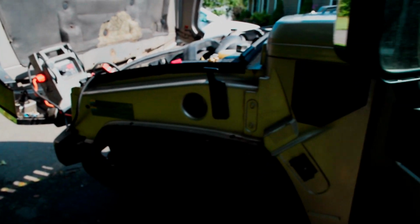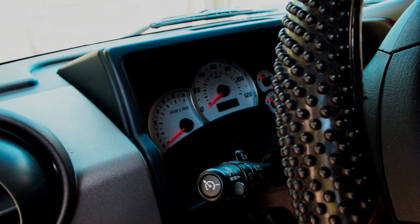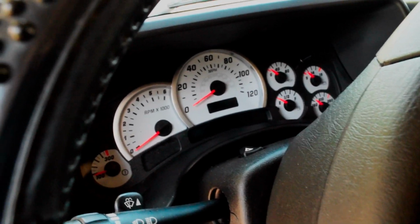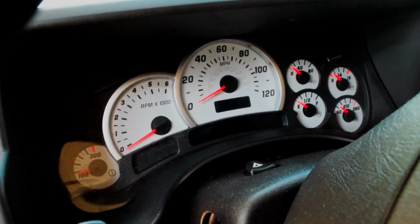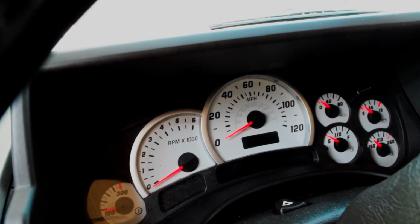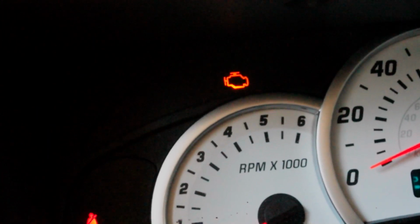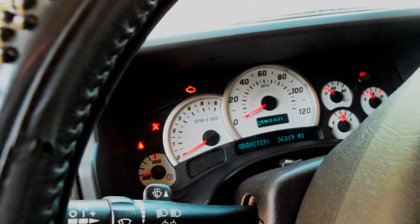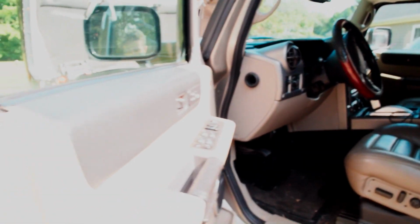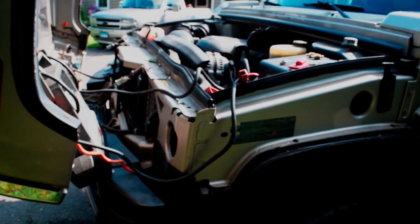It's not on this car, because if it was the theft deterrent system, you'd see a little lock on the dash. When you key these GM cars up, there's a little lock that appears on the dash when the key is in the on position, right? If I can find it. That's the little lock right there. That just went away. If that stays on, then you know you have an issue with your theft deterrent system, so that's a whole other issue. But for us, I'm assuming it's a starter problem, so we're gonna grab a test light and get to work